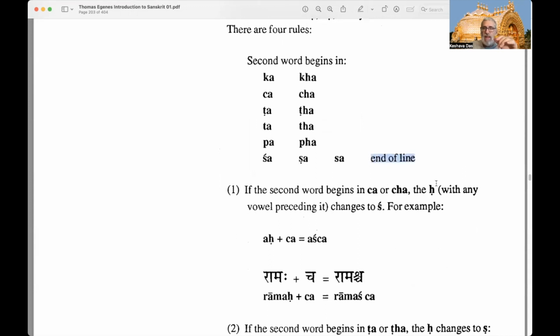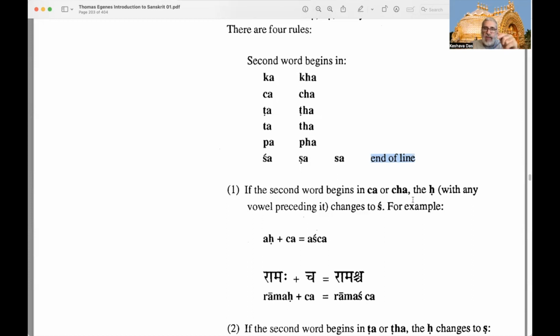End of line means if there's a punctuation mark like a single danda or a double danda, which represent a comma or a full stop in Sanskrit, where we take a breath, so he's inserted that too. So if that also comes after the visarga,